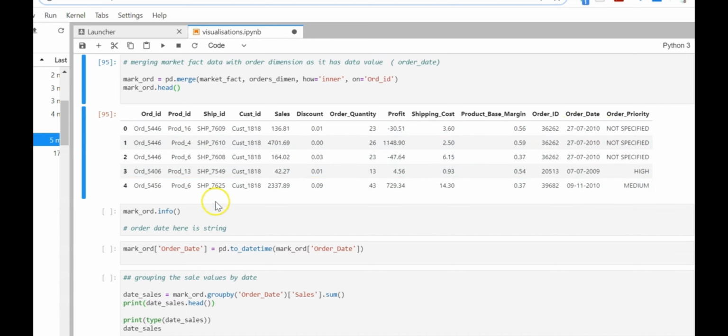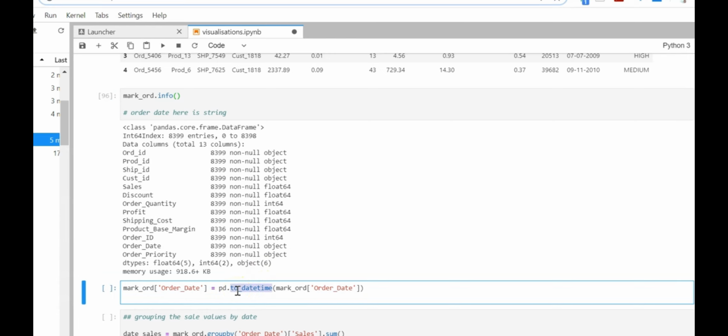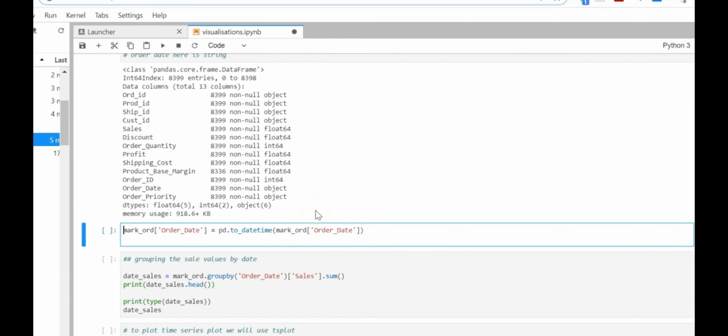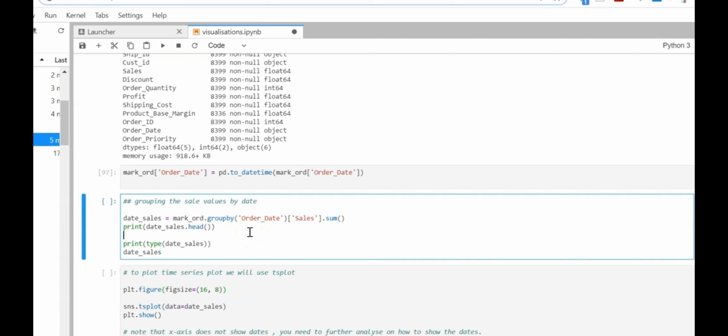So to do that, first let us see the description of the column. If you see, my order date is an object class, an object data type. So we have to convert it into a datetime column. To do that, we have to use the to_datetime function. So it's done. Since for every date we have so many orders, it's best to do a group